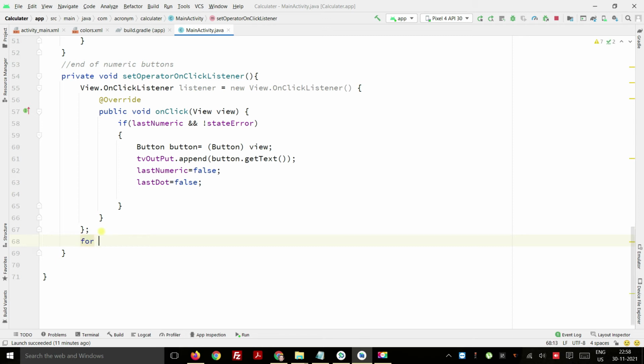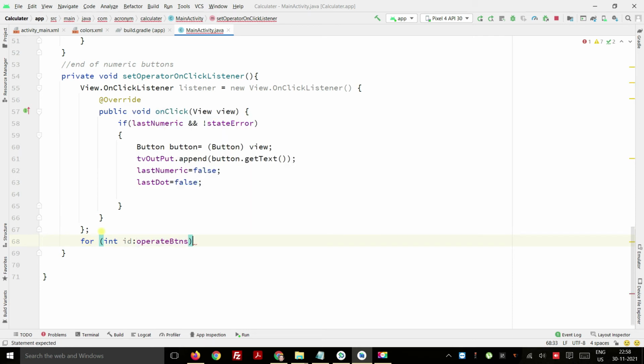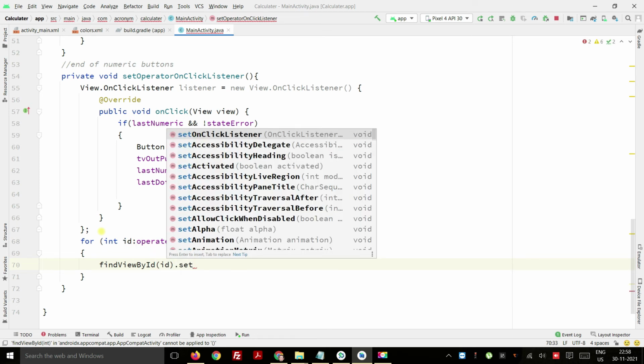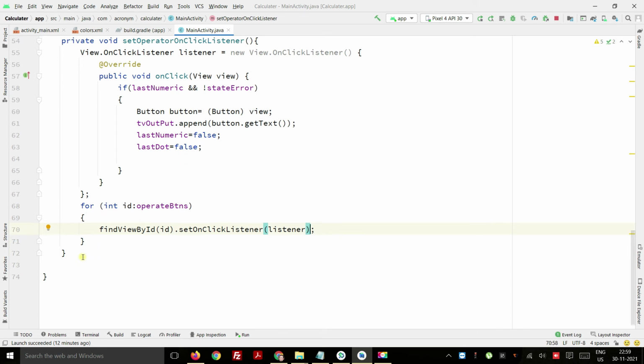So for the int id, operator buttons, and then close it here. Then we put find view by id, and id dot set on click listener, with the listener of these operator buttons, and then we just leave it here.